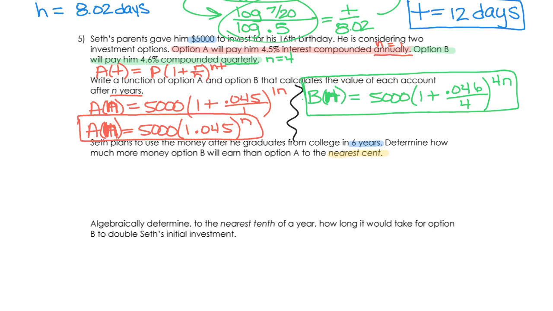All right, so we're going to take our option A formula. So this will be A of 6, or you just say A of n. It does not matter. It's not going to affect your answer. Okay, so we'll say A of 6. You keep it A of n, it doesn't matter. 5,000, 1.045 raised to the 6. Okay, and we'll go ahead and type that right in. 5,000 in parentheses, 1.045. Close it, raise it to the 6. Okay, and that's going to end up with